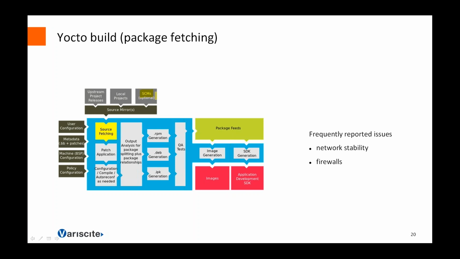In these cases, you need to fix the problem on your side with your IT team. One of the possible alternatives is doing the build in what is called a demilitarized zone, a DMZ, outside your company firewall in order to allow at least the source fetching. Once the source fetch is completed,